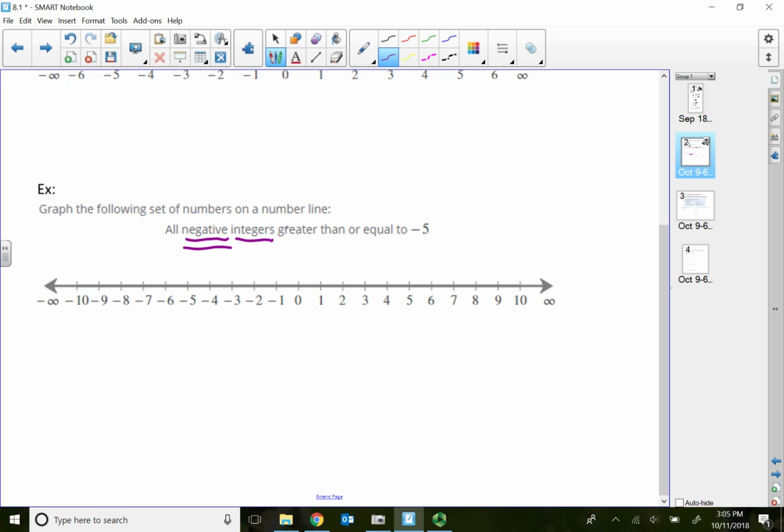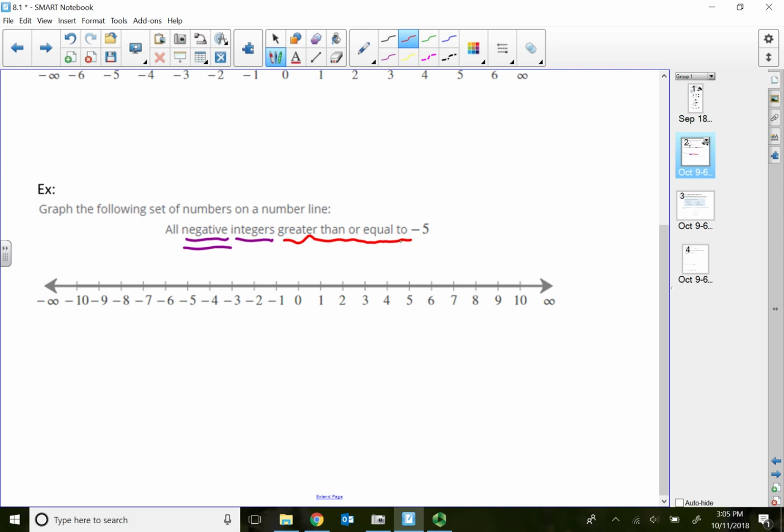So that means the word integer itself means positive or negative whole numbers. So any decimals between my 0 and 1 or 1 and 2, between any two integers, are actually not part of my answer, because I just want integers only. Specifically, I want negative integers. All right, plotting all the negative integers greater than or equal to